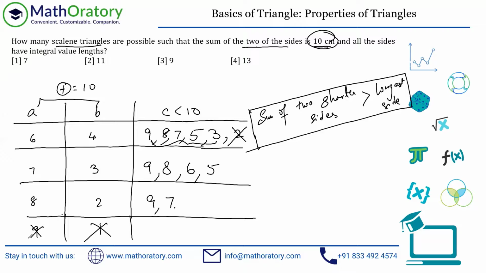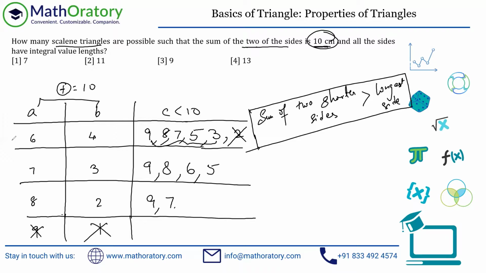So any which way, these are the possibilities. Always check for double counting, but the way we have ordered it, the double counting will automatically be avoided. So you don't have to worry about that, because here we have taken 6, 4, and here we have started with 7 and 3. So that 6, 4 can never repeat. But always have a look for it, because there is no specific order that we have done this. Here you can see that from 7 to 5, we are switching over this 6. It's going below 6. So always check for double counting in these kinds of cases.